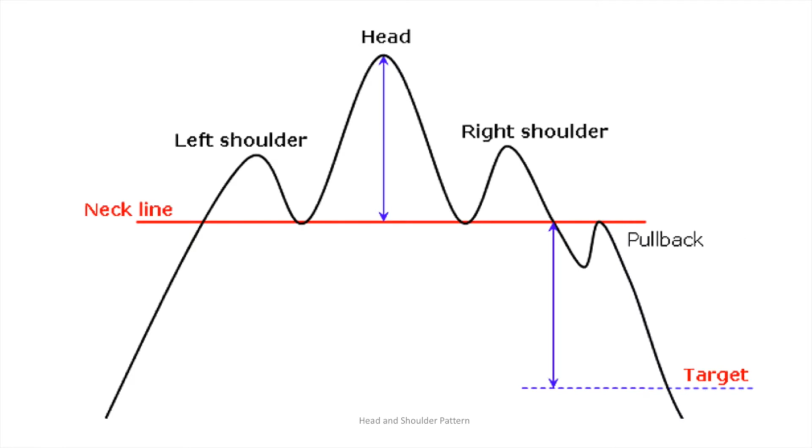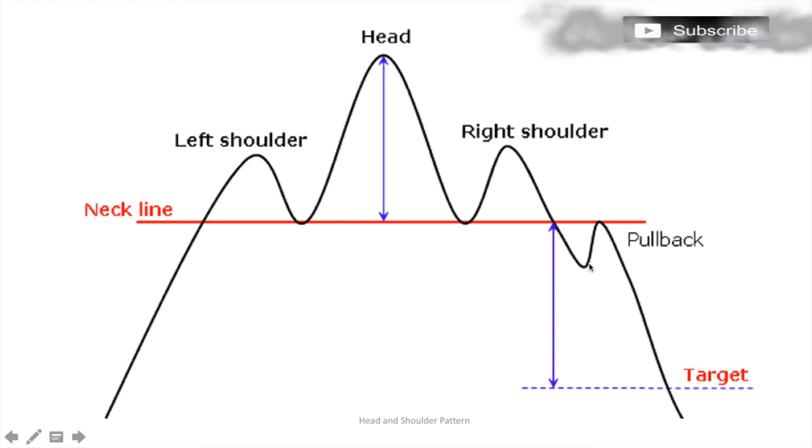So how does it look? We have an uptrend. Then the left shoulder forms, taking support at point 1, again going up, then down, taking support at point 2, which is equal to point 1, again going up, coming back here and breaking down. So here you have to take the trade, or you can take it on a pullback.